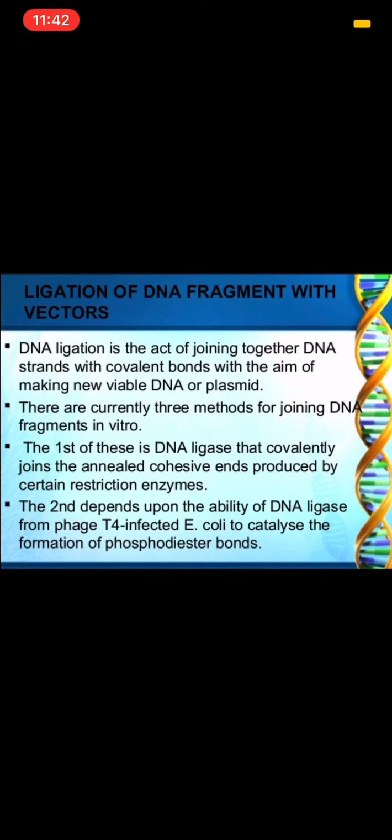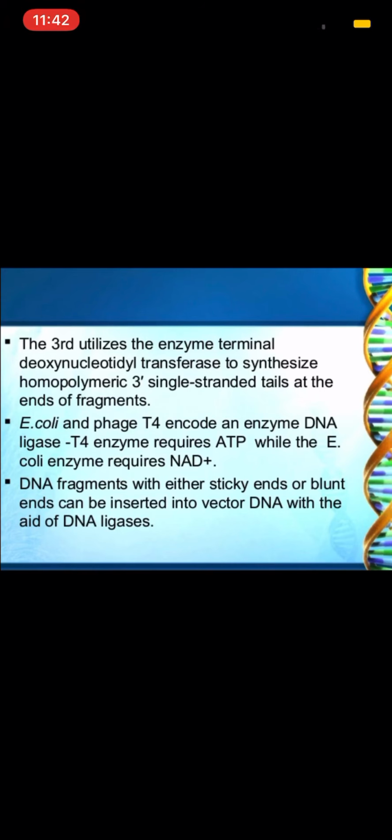The second depends upon the availability of DNA ligase from bacteriophage T4, which infects E. coli, so it can catalyze the formation of phosphodiester bonds. The third utilizes the enzyme terminal deoxynucleotidyl transferase to synthesize homopolymeric 3' single-stranded tails at the ends of fragments. So E. coli and phage T4 encode a DNA ligase enzyme. The T4 enzyme requires ATP, while the E. coli enzyme requires NAD positive to